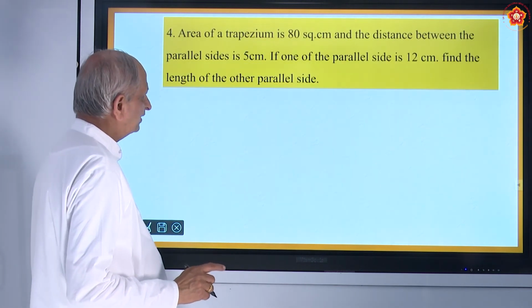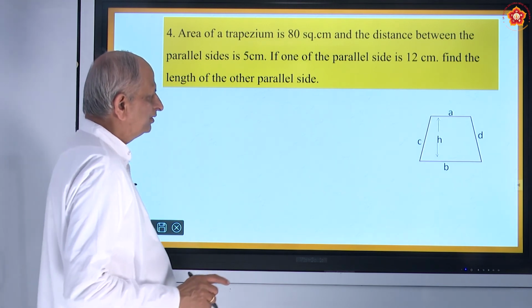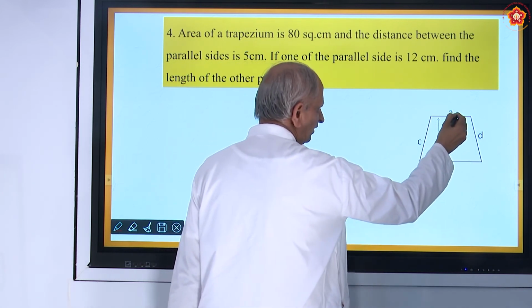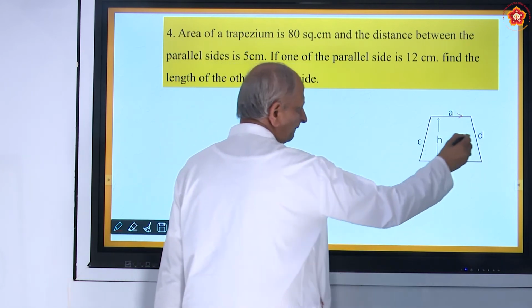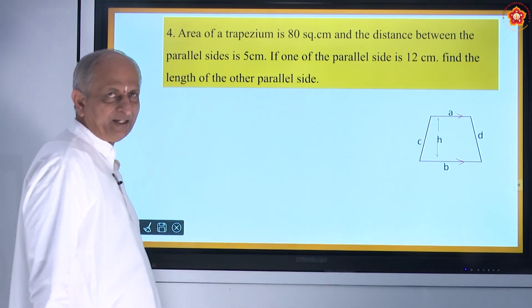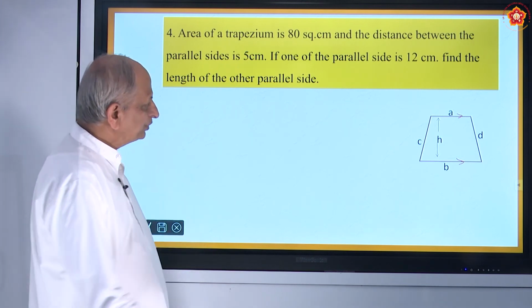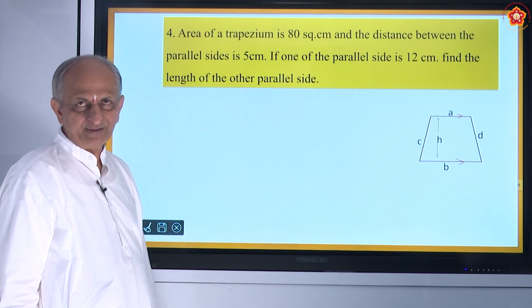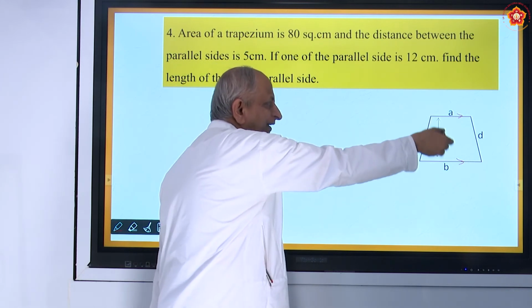Coming to the next question, that is about trapezium. It is a special type of quadrilateral. Here one pair of sides will be parallel to each other. These are called non-parallel sides. The distance between the parallel sides will be equal at all places. You heard about parallel lines, right? Two lines which do not meet each other, however much you produce, are called parallel lines, and the distance between the two lines is the same throughout.